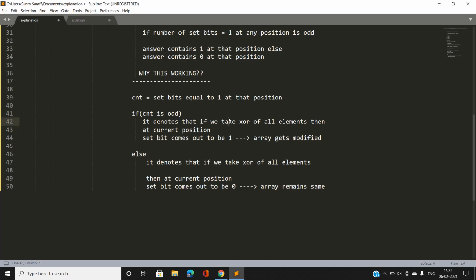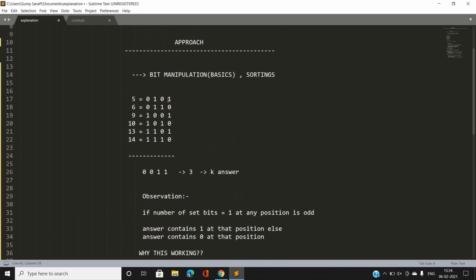As you can see, suppose I am considering the first position for all the elements, our bits would be like 1 0 1 0 1 0. If we take the XOR of all the bits here, since the number of set bits equal to 1 is odd, you will always find XOR equal to 1.